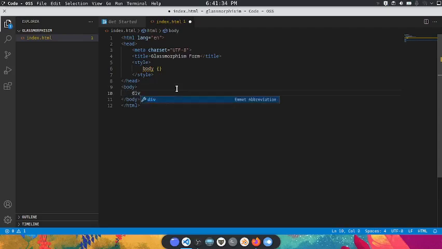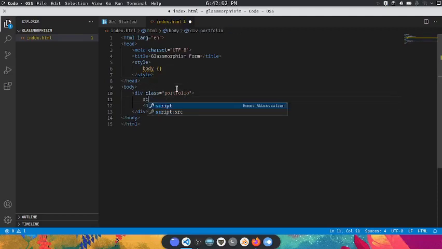So the first thing we want to do is create a div called Portfolio. I'm going to say h1, just say hello user. So let me just add a script. I'm going to say let username is equal to, so if I say like user 144,